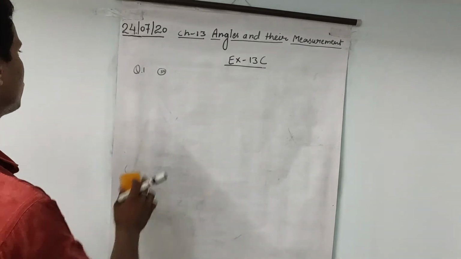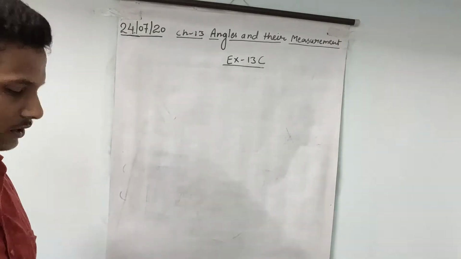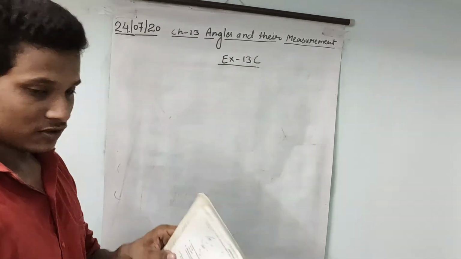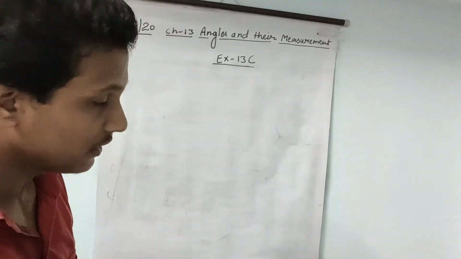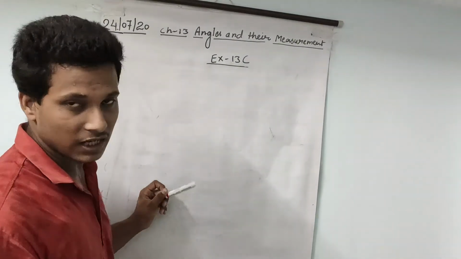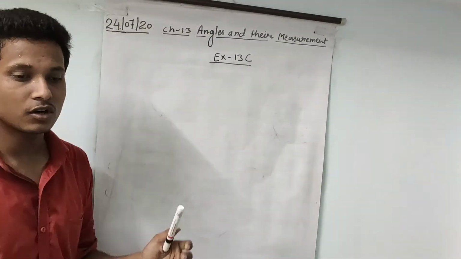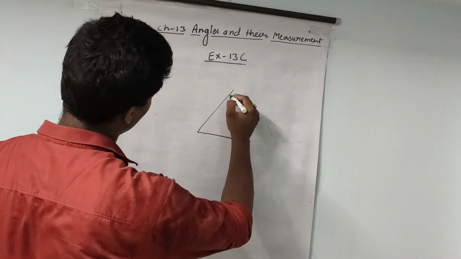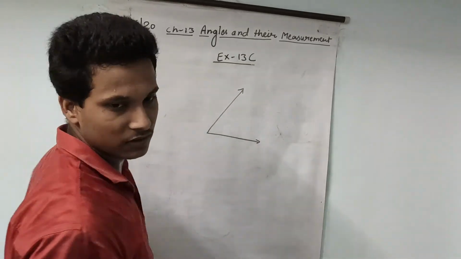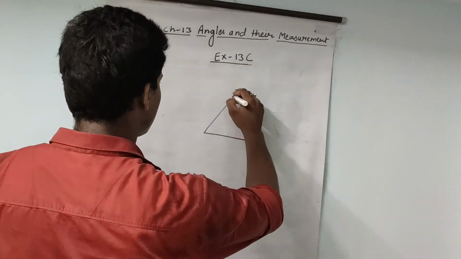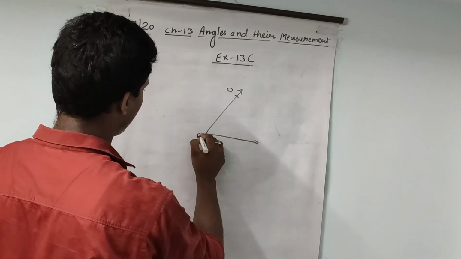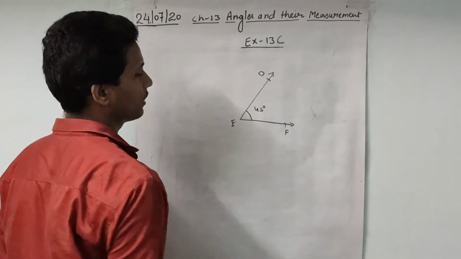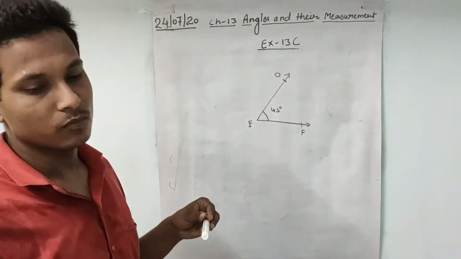In the second question, you need to construct the angle. We have discussed how to construct the angle with the help of the protector. Next, question number 3: you need to measure the angle given in the book with the help of the protector, and draw the same angle in your copy and write a different name for it. Like you measure the angle and it comes to 45 degrees, then you need to draw angle DEF with a measurement of 45 degrees, the same angle that is given in the book.